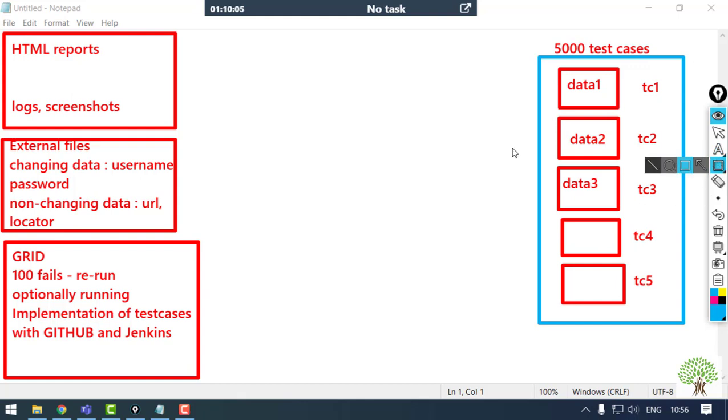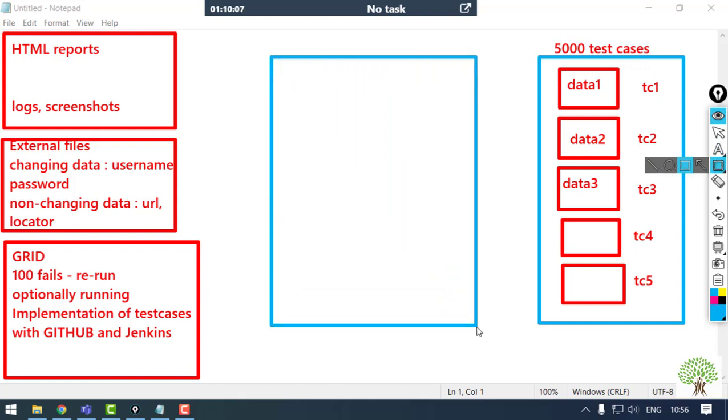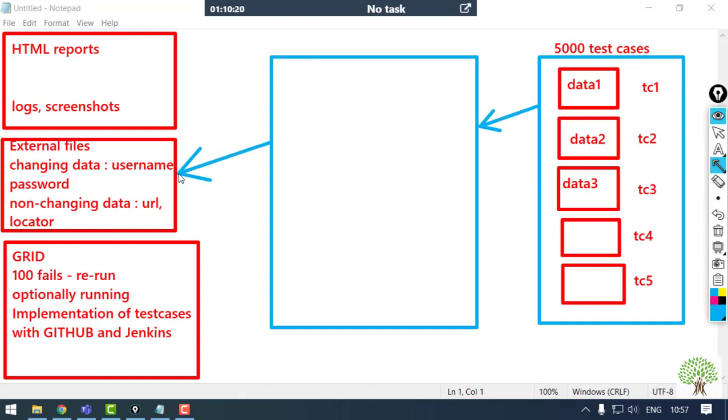So for that, I need to have an intermediate controller which will help me to get the control from these test cases, read the data from the external files, get it into the test cases, help me to generate the report, and all these requirements are going to be successful by this intermediate controller.